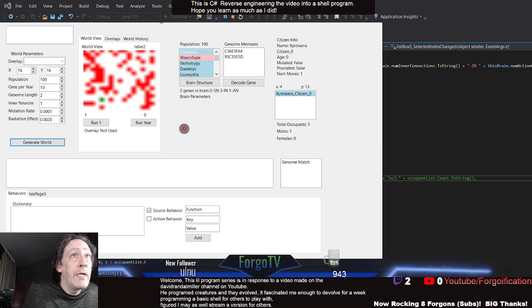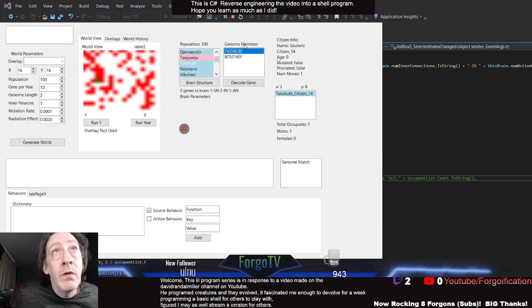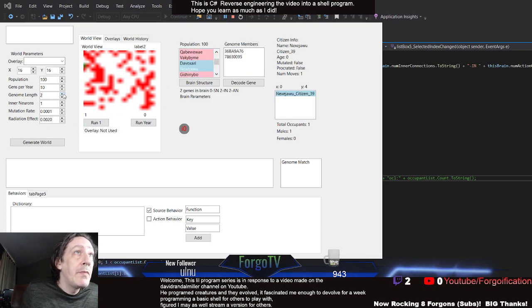All right, so we've got a green dude. That's our selected guy. So every time we select one, we've got a different one that's selected. We've got our genome members. So we've got 2 genes in the brain. We've got 1 occupant in this area. We haven't done any of the run generation stuff. So if we do a higher genome count, like 7 genomes,